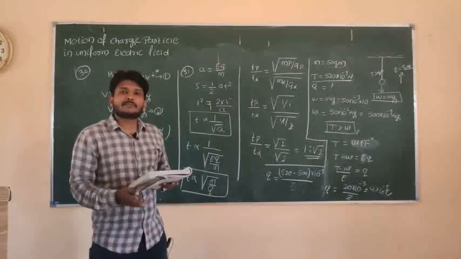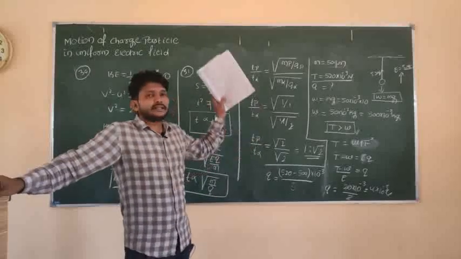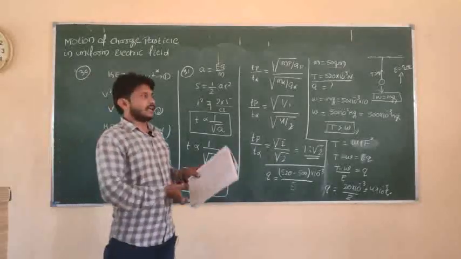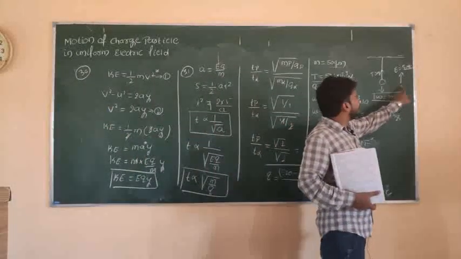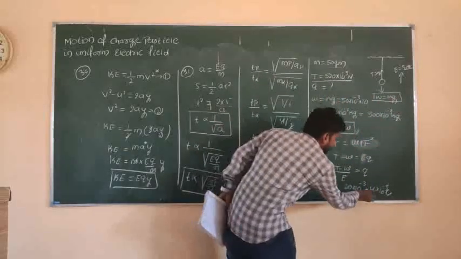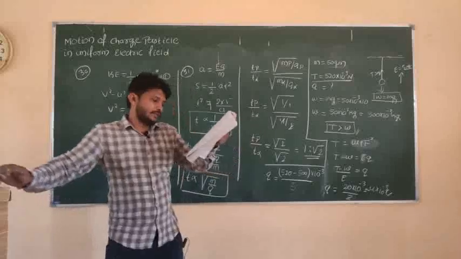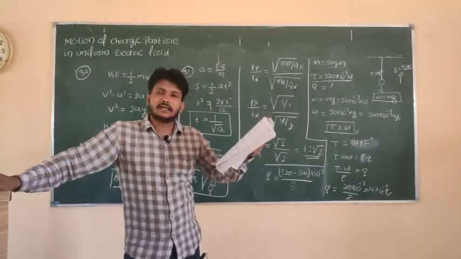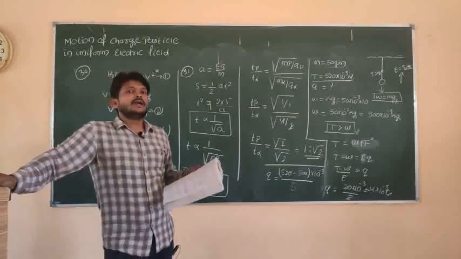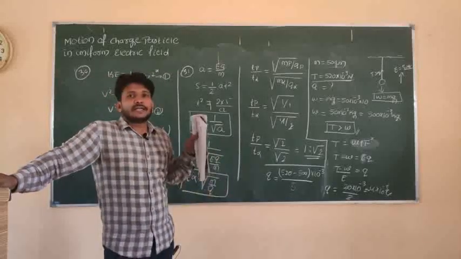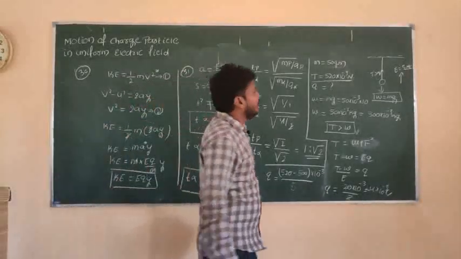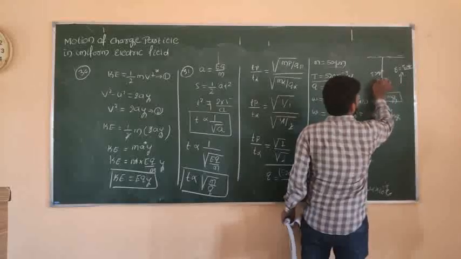Whether this charge is positive or negative? I said that the electric field is in the upward direction and the weight of the body is acting vertically downward. So the electric field is in one direction and the force is in the other direction. The charge must be negative here. In the options, plus 4 into 10 to the power of minus 3 coulomb is there, as well as minus 4 into 10 to the power of minus 3 coulomb. Then what will be our answer here? The field is in one direction and the force is in the other direction, which means the charge must be negative. What type of charge is it? It is a